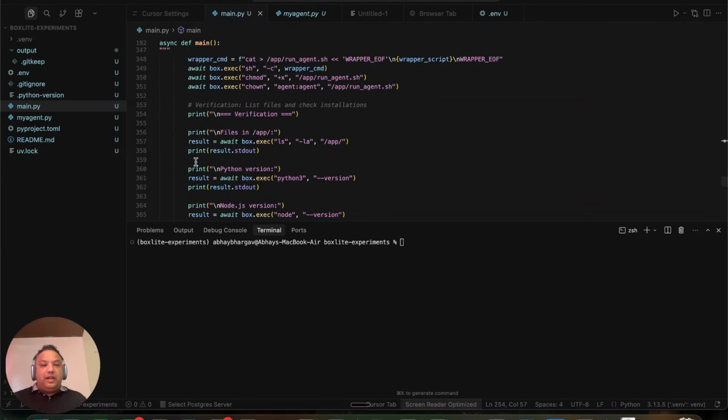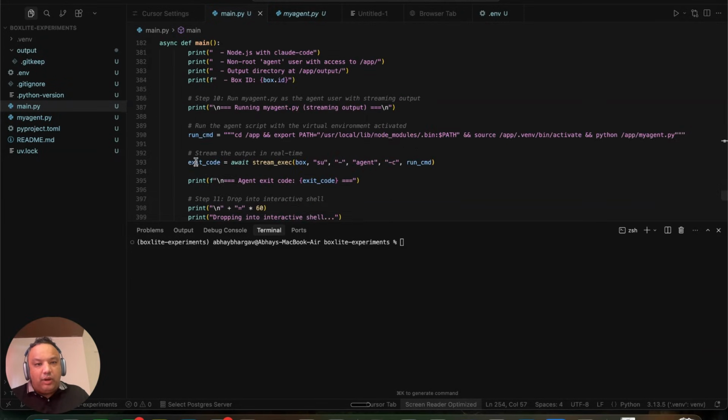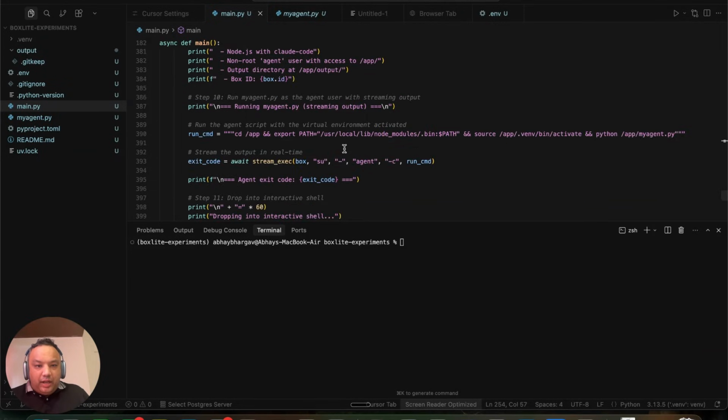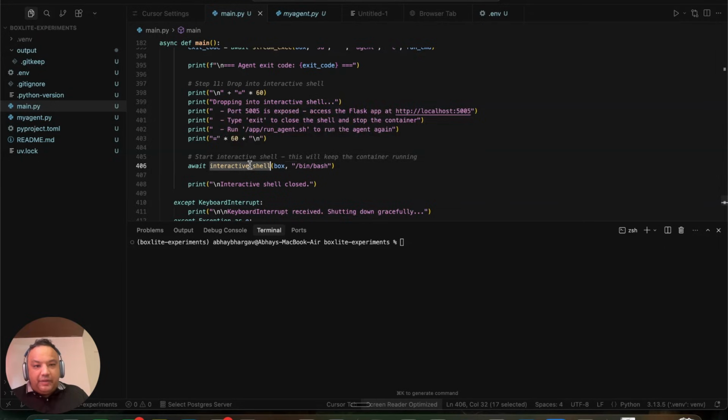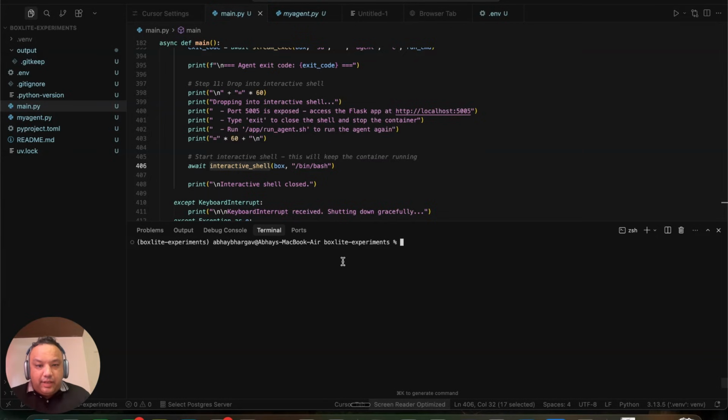And once the application is run, it's going to wait. It's going to actually go into something called interactive mode. It's going to run the agent and go into interactive shell, which gives me an actual interactive shell that I can interact with the micro VM and run it. So this is really, really powerful stuff. Let me show you how this works. I will pause the video in a couple of places where things are going slow, but that just is to ensure that we're not wasting anybody's time.